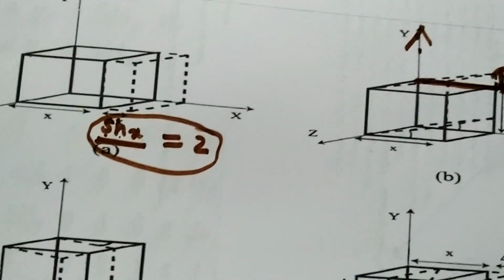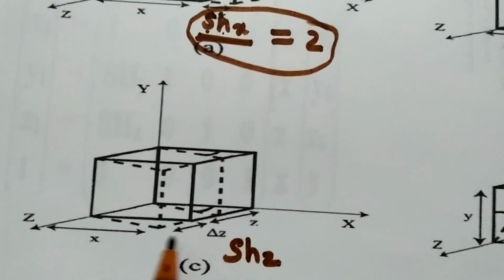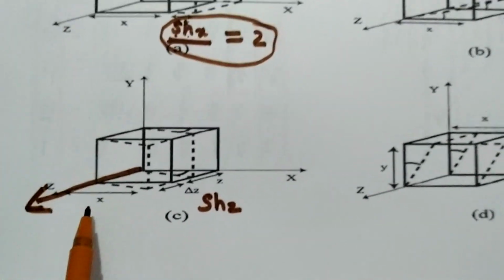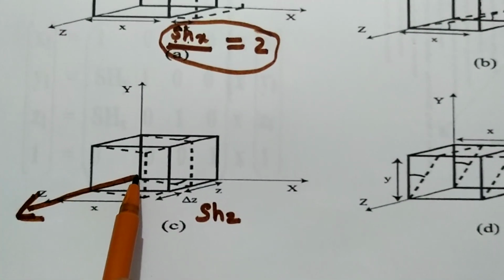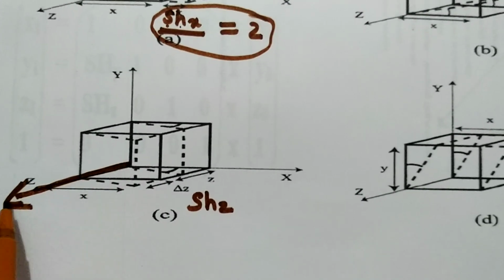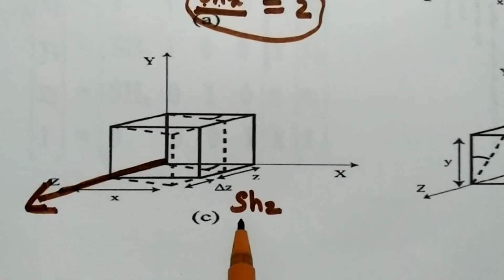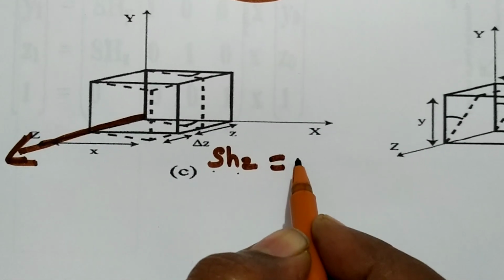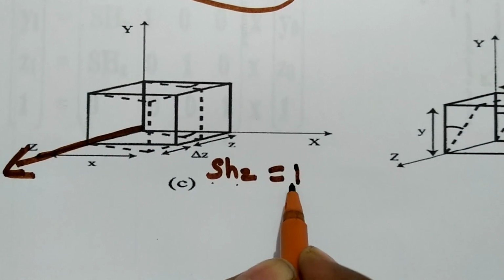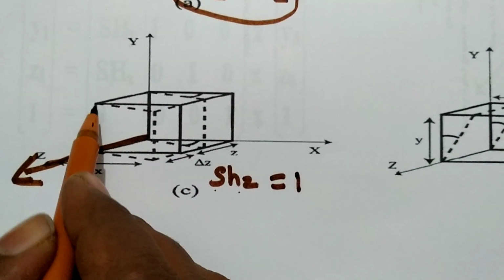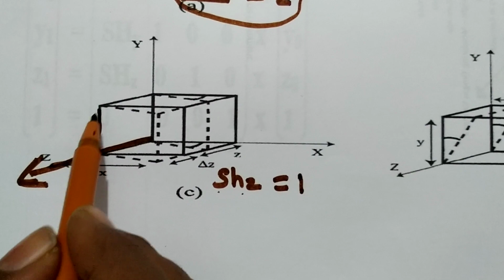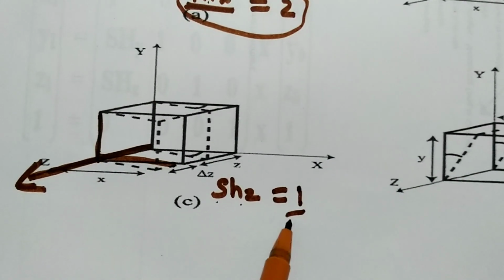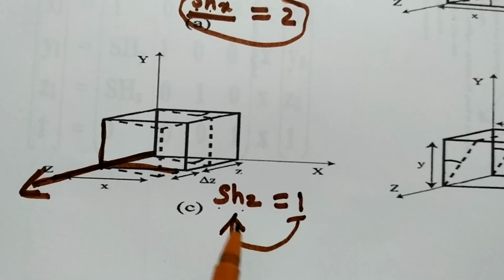Next, another example: you can shear the object along the z-axis also. This is your z-axis. When we want to change the object size along the z-axis, we need to use a parameter called SHZ. Suppose I take SHZ as the value 1. This means that along the z-axis you are going to change the shape of an object with the value 1. That 1 we will store in a variable called SHZ.